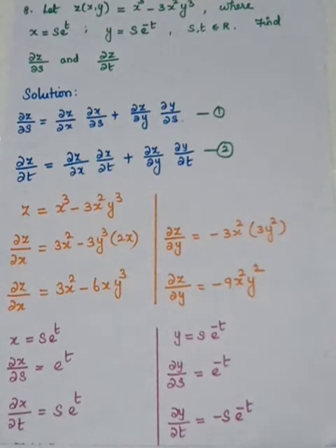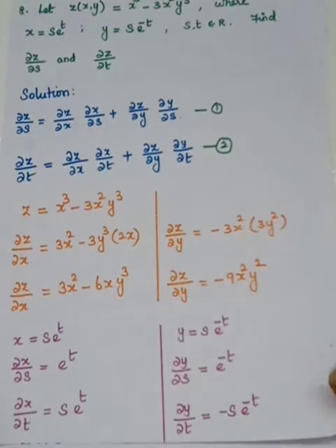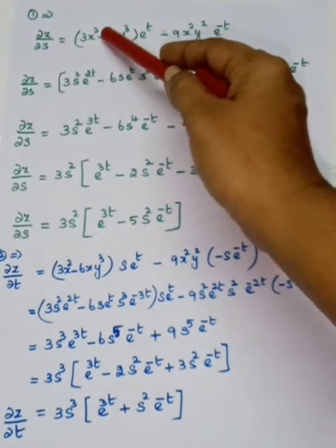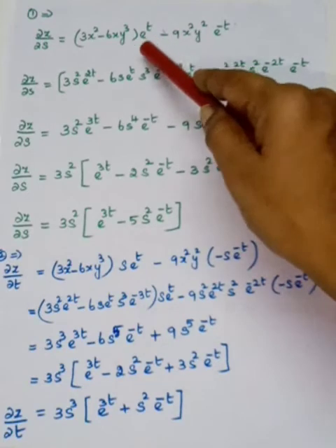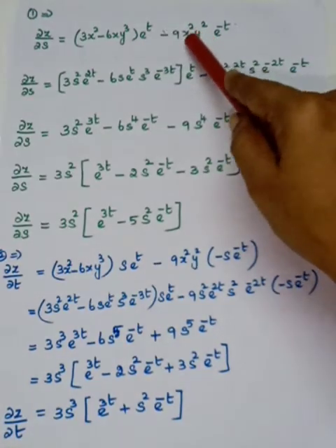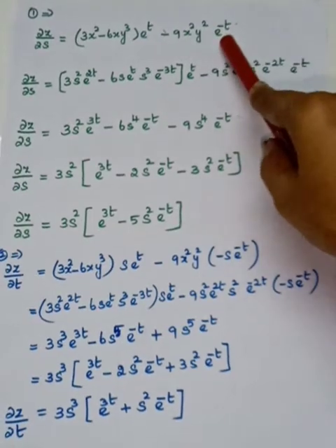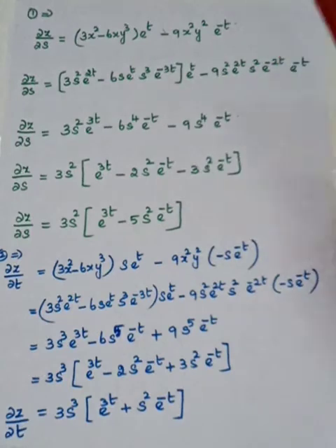Okay, so all the partial derivatives as found, you have to substitute in the formula. So you have to write the formula correctly. So the first one implies, look at that. It is dou z by dou x, this is dou x by dou s, this is dou z by dou y, this is dou y by dou s. So we have substituted. Okay, no common term.